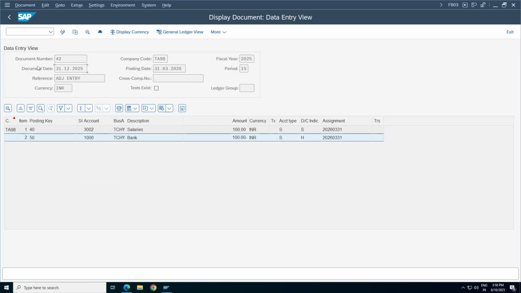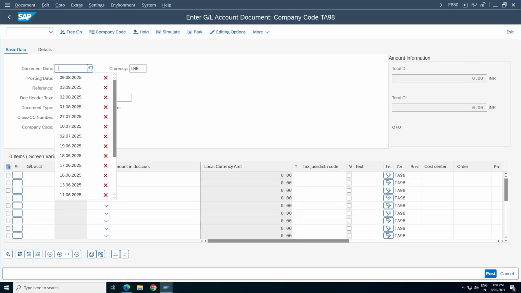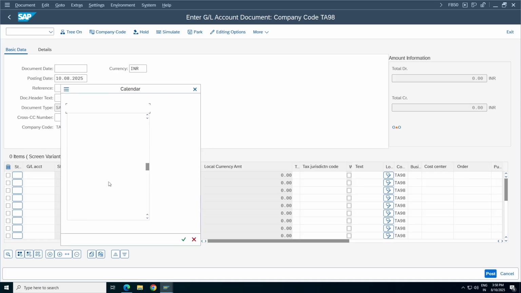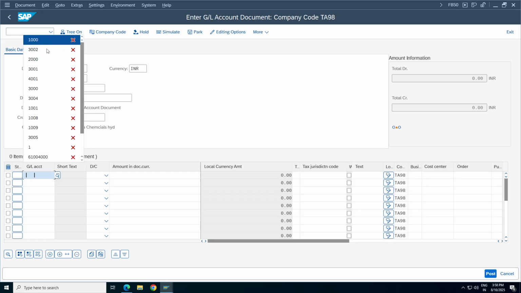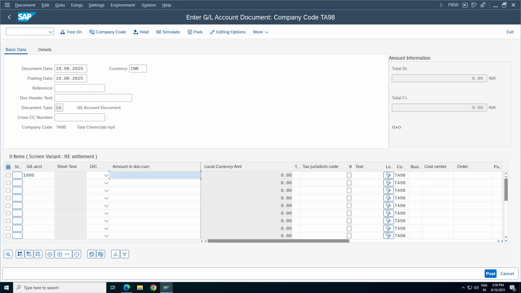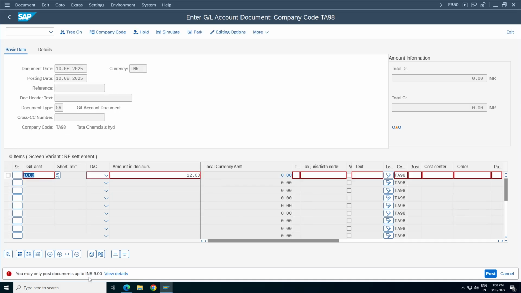So I can post only up to 9 rupees. Take any transaction, FB50. Give today's date or some date, and 12 rupees, press enter. So 9 rupees.